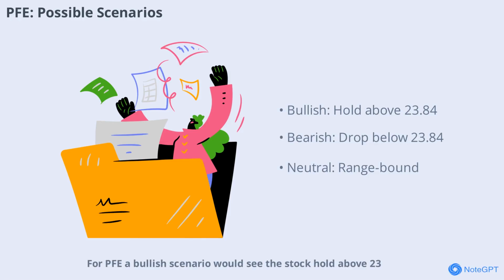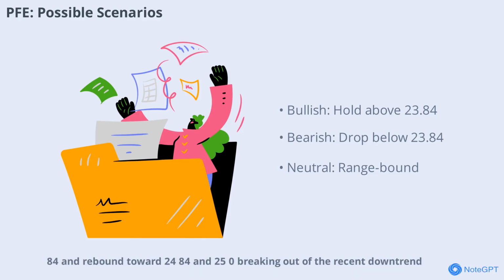For PFE, a bullish scenario would see the stock hold above 23.84 and rebound toward 24.84 and 25, breaking out of the recent downtrend. A bearish scenario could develop if the stock falls below 23.84, potentially dropping to 23.5 or 23. In a neutral scenario, the stock may continue to trade in a range between 23.5 and 24.8 as the market